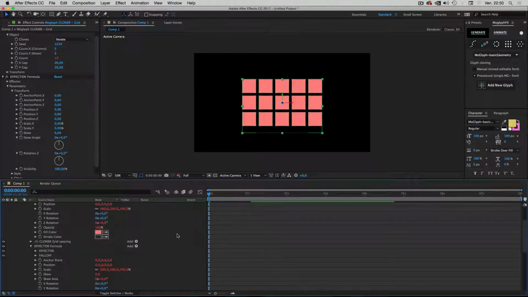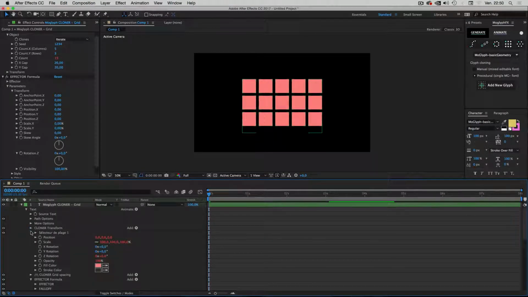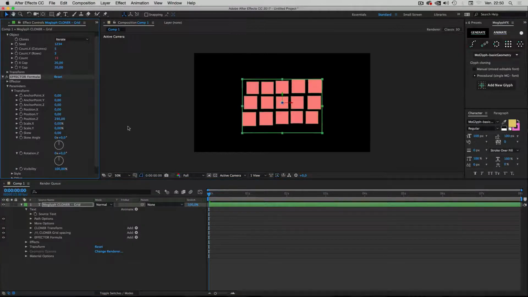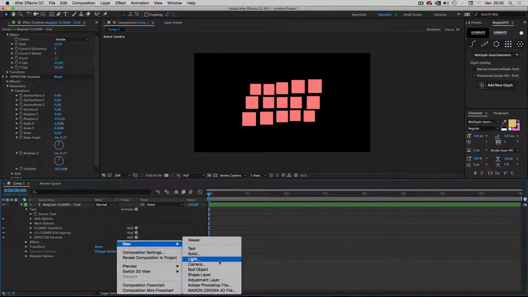If I do this, all the properties show up. Now if I press play, nothing happens because I didn't change anything here. But now if I play with the position Z, as you can see, now if I create a camera,